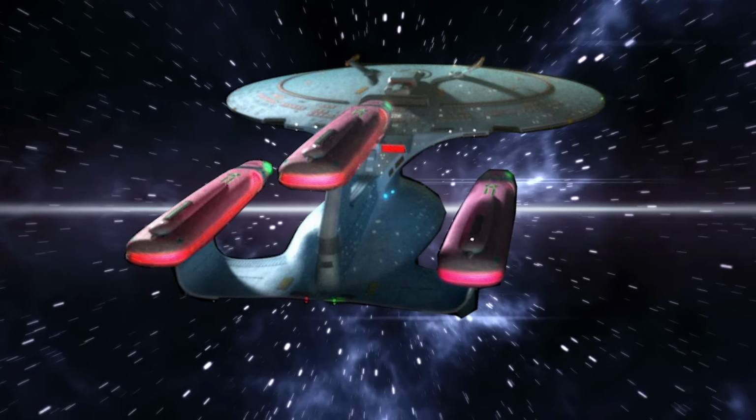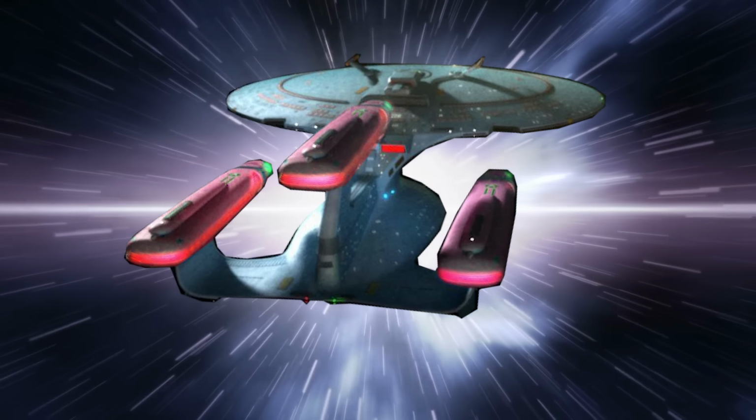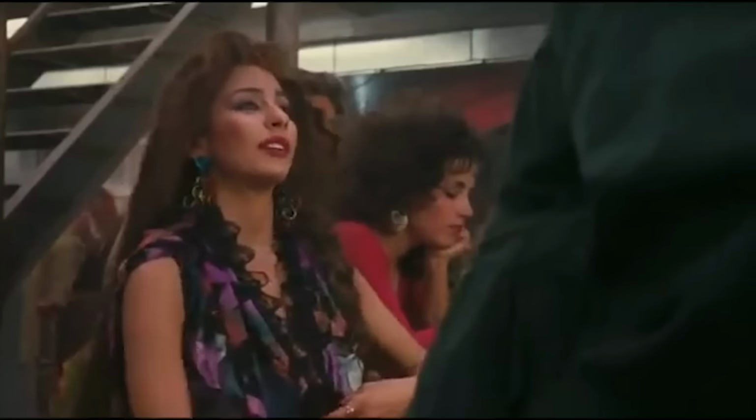Does warp even work like that? That you just add another nacelle and power increases? I thought there were 2 nacelles because it was like a polarity thing, like magnets. Anyway guys, you gotta just simplify your thinking with this ship. What's better than 2? 3. I'm not going to play the next shot of that clip, but I'm sure some of you know where that